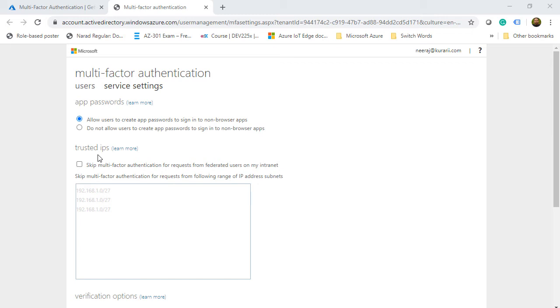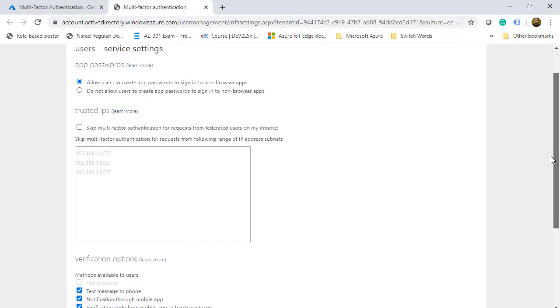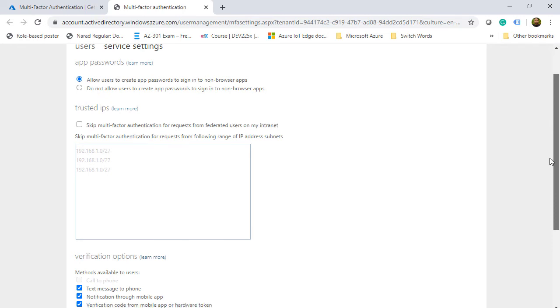So I can just put that IP address range here, and the multi-factor authentication will be skipped for those particular IP addresses or for those particular users who are using those IP addresses. As of now, there is no trusted IP concept, so I'll scroll down and skip that section.